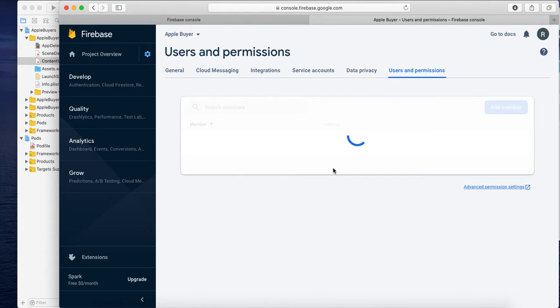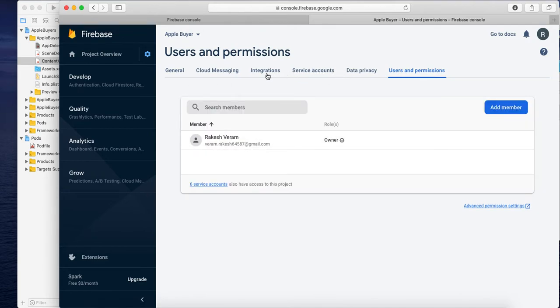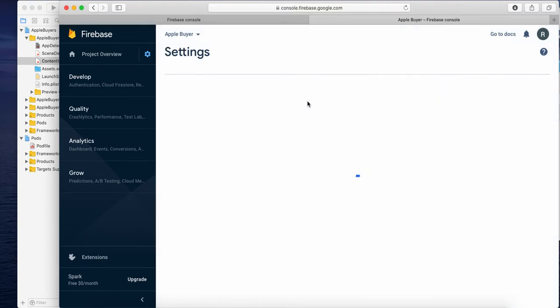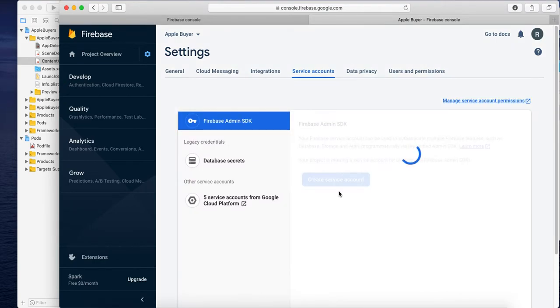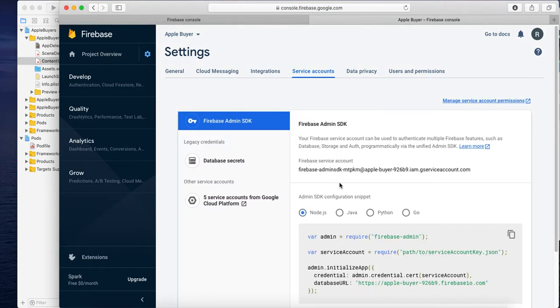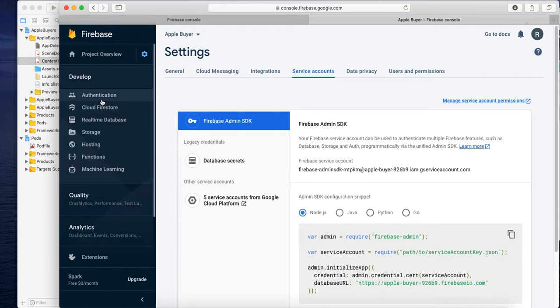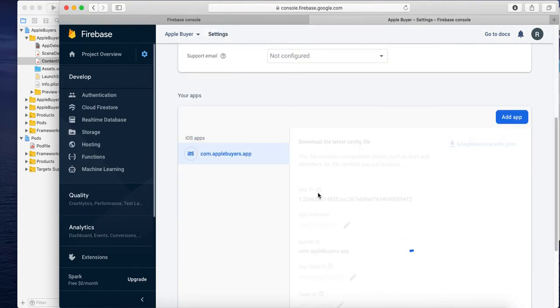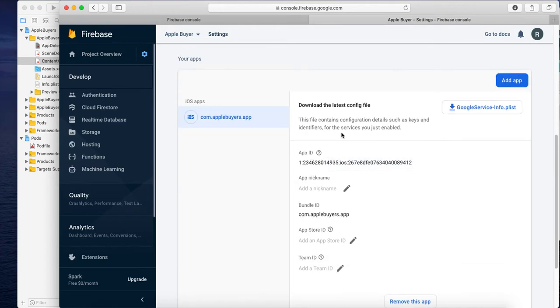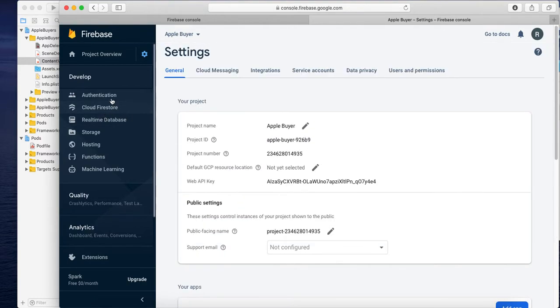One more thing to set up in the project: we need to add the permissions, what kind of services we want to use for authentication. So now we have our app here, and we can download that Info.plist file from here also. We have already downloaded it but not yet implemented it in the project.